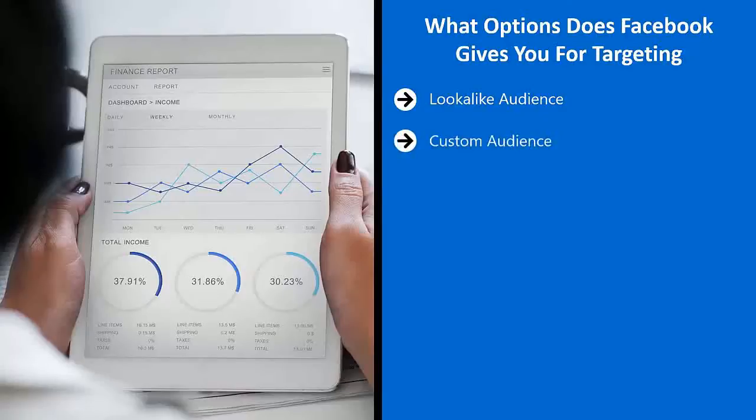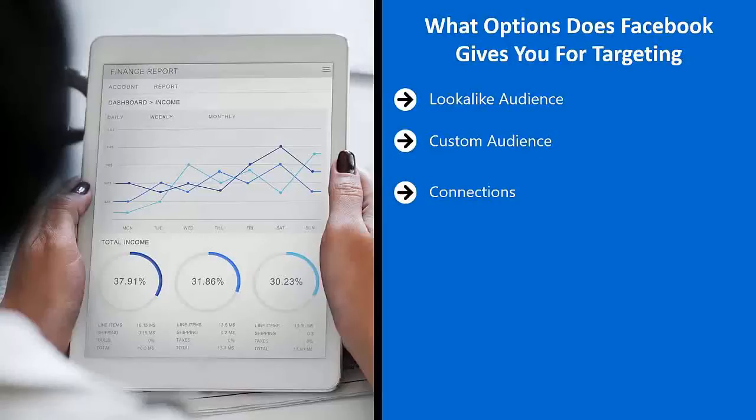Custom audience. To get a lookalike audience campaign going, you must first profile people who behave the way you want on your website. These are people who enter their email addresses, buy stuff, or do things that add to your bottom line. You set up a Facebook pixel to create a custom audience so it would profile people doing the kinds of things you want new customers to do on your website.